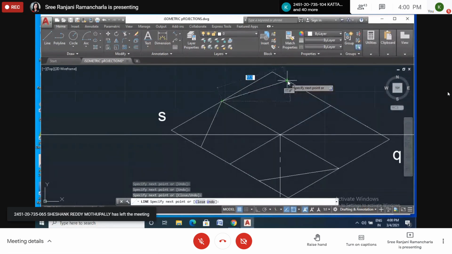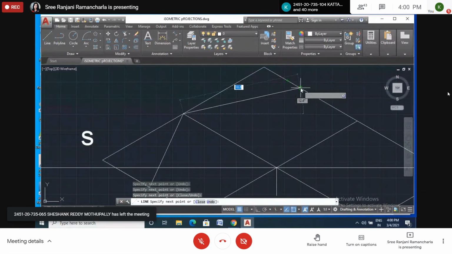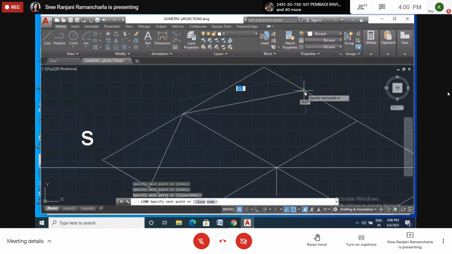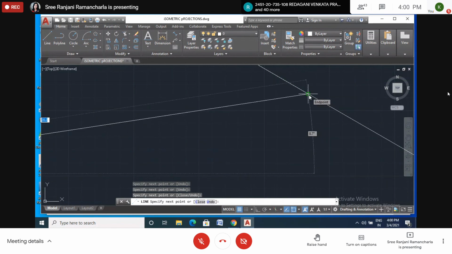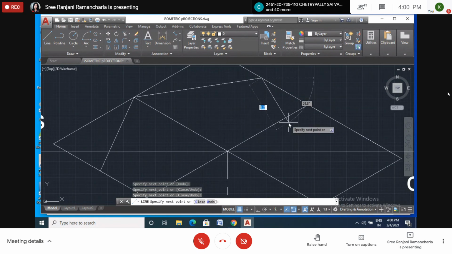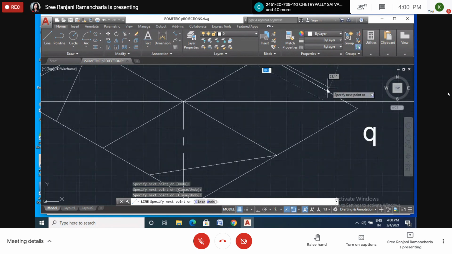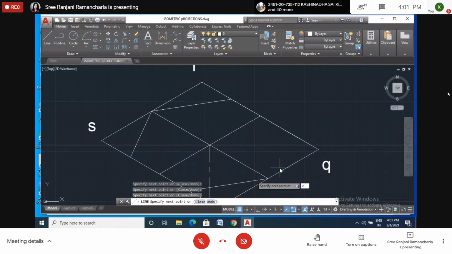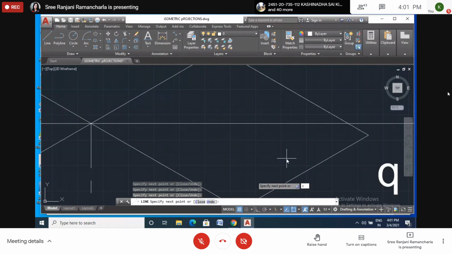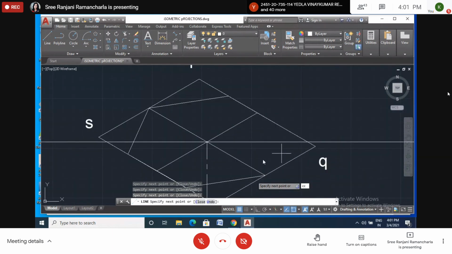Don't select any other point. Zoom in and check where the endpoint is showing. All points are coinciding. We have drawn many lines. See. Then close. Enter. We got it. Okay.